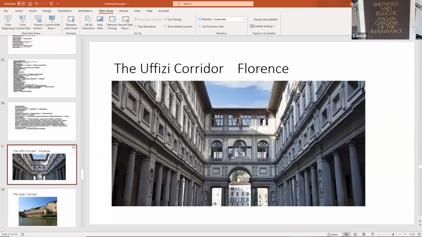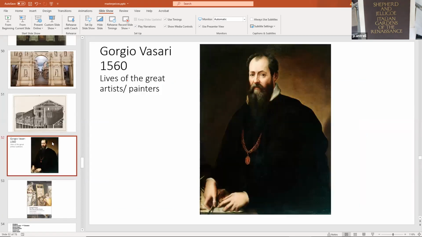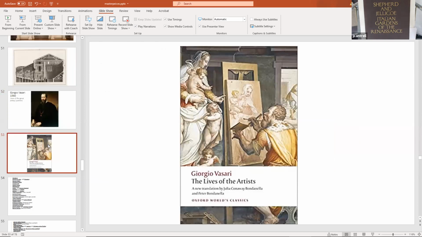These are just here's his project. His main claim to fame in architecture is really his enormous publication on the lives of the great artists and painters. This is a huge set, probably at least 3 or 4 large volumes. What he really did was, aside from building things, he wrote and produced an enormous volume of writings, theories, and techniques of each one of the famous artists at the time during the Renaissance.